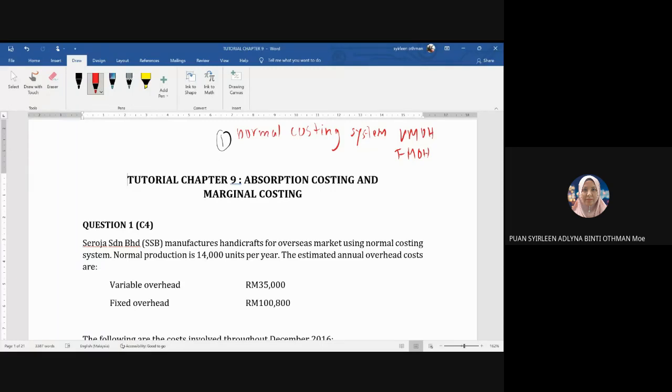Soalan yang jadi masalah tu bila you ada 2 VMOH and ada 2 fixed MOH. Okay, so one is estimated, alright, and the other one is actual. Okay, so bila ada soalan macam ni, so the estimated values tu you akan guna untuk kira cost per unit. Okay, so you akan guna kira cost per unit for VMOH and also fixed MOH. So maksudnya bila kamu gunakan cost per unit dan dikira dalam statement,